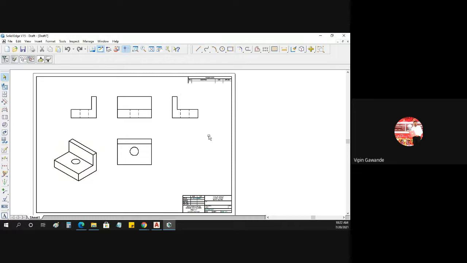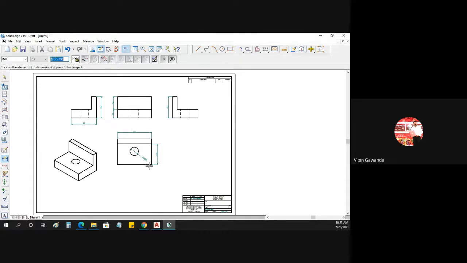So see, all the things we have drawn. Now you can give dimensions to all the surfaces here. And then this drawing you have to send to the persons who are working on the machines. So you have to print it, and then send it to the persons working on the shop floor. They understand this type of two-dimensional drawing, which you send to them with the diameter of the circles and other things.